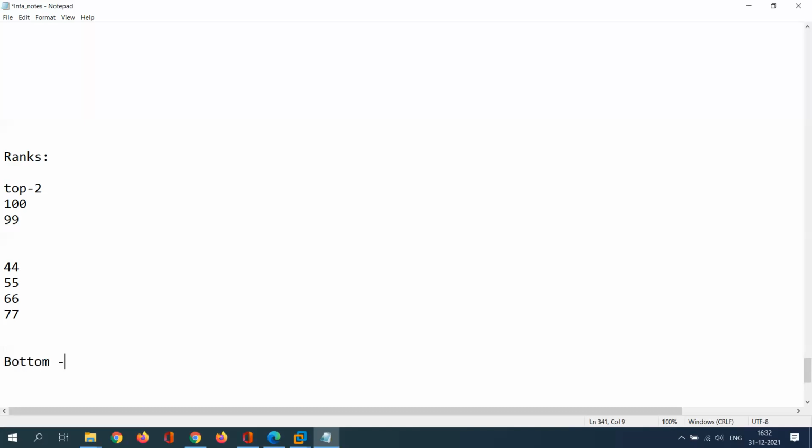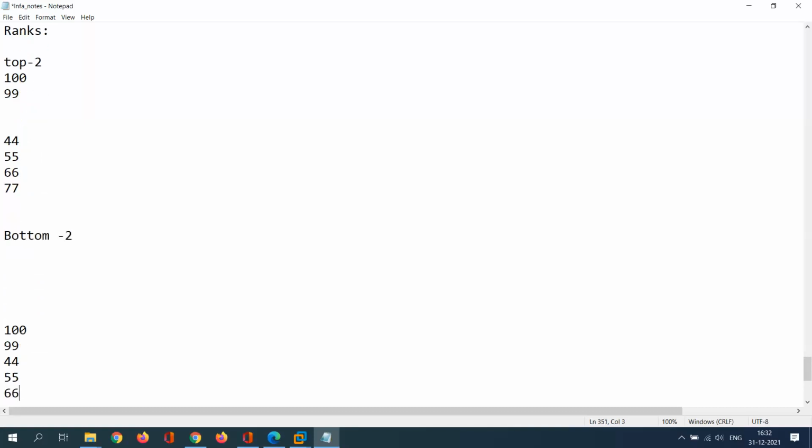Bottom two ranks. How will it calculate again? Let me take 100, 99, 44, 55, 66, 77. So here I have 100, 99, 44, 55, 66. I want to see the bottom two performers.